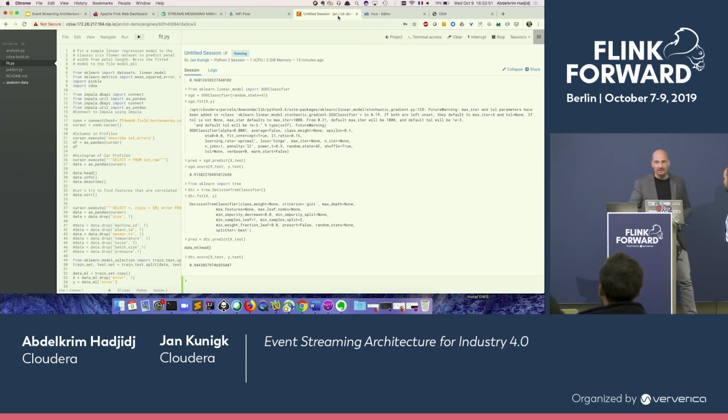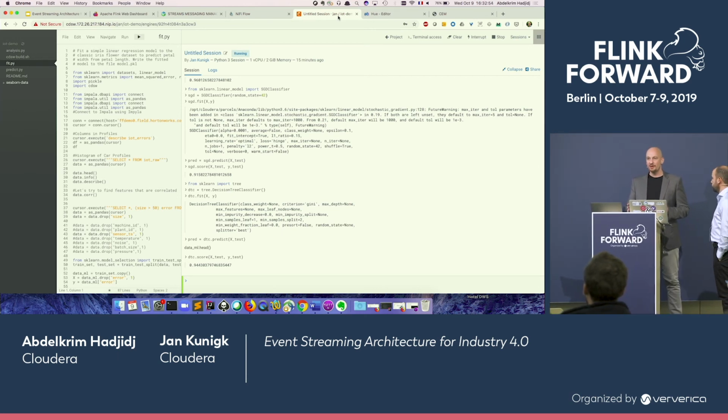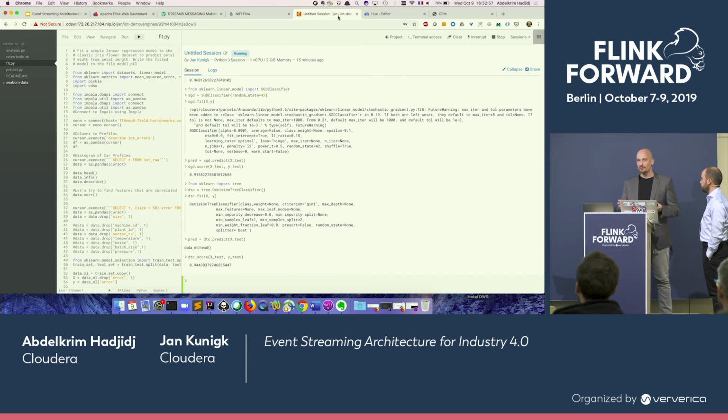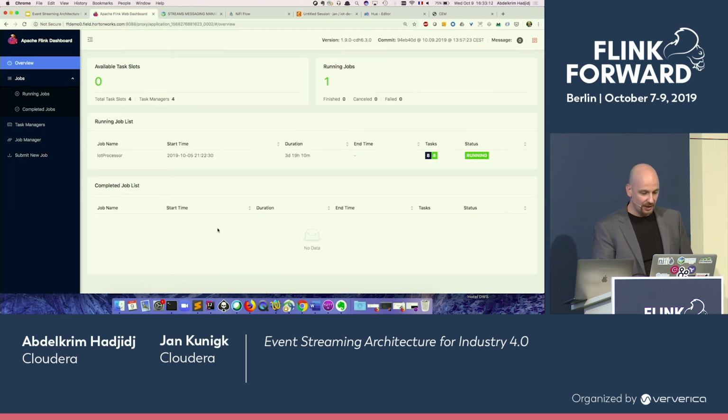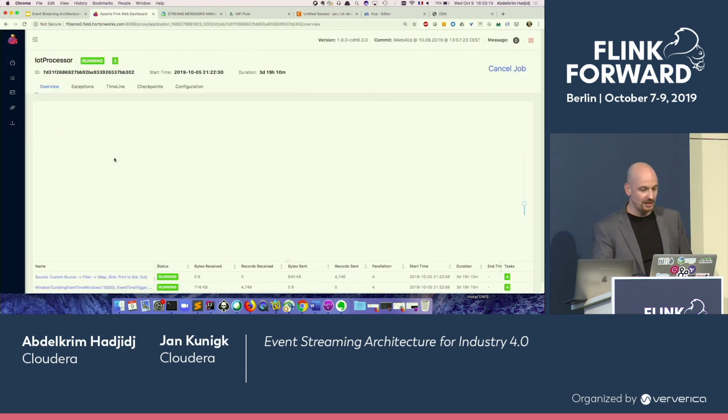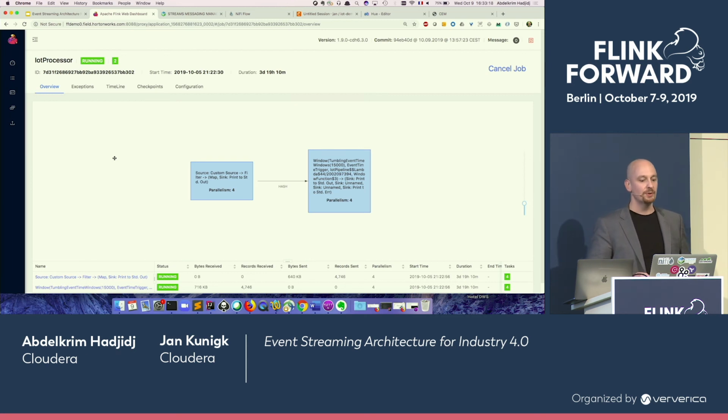Thanks. And really, all of this, the wrangling part in front of this, is, as I'm sure you all know, the most time-consuming part. Even though we're spending quite a bit of time introducing the concepts here, this is what's supposed to make this much, much easier and less time-consuming so that you can actually focus on the processing part. As Abdel was showing, we have our IoT processor running here that is just consuming from Kafka and putting things back into Kafka. This is a very simplistic example, of course. It is basically just working on a window, and we want to count the frequency of errors in that window.